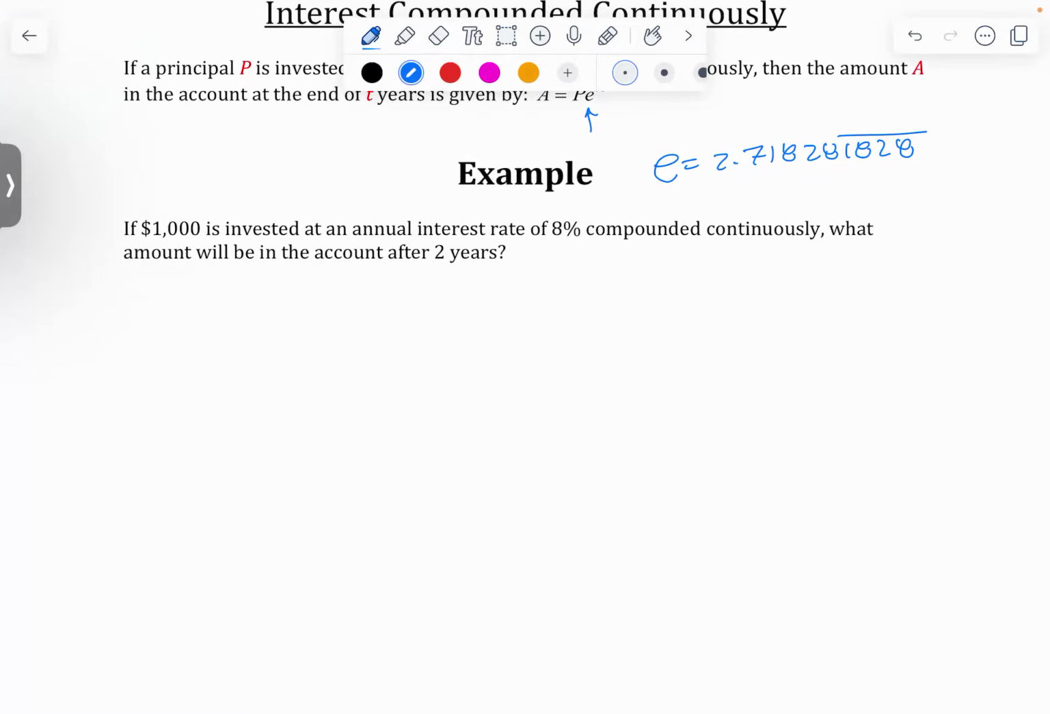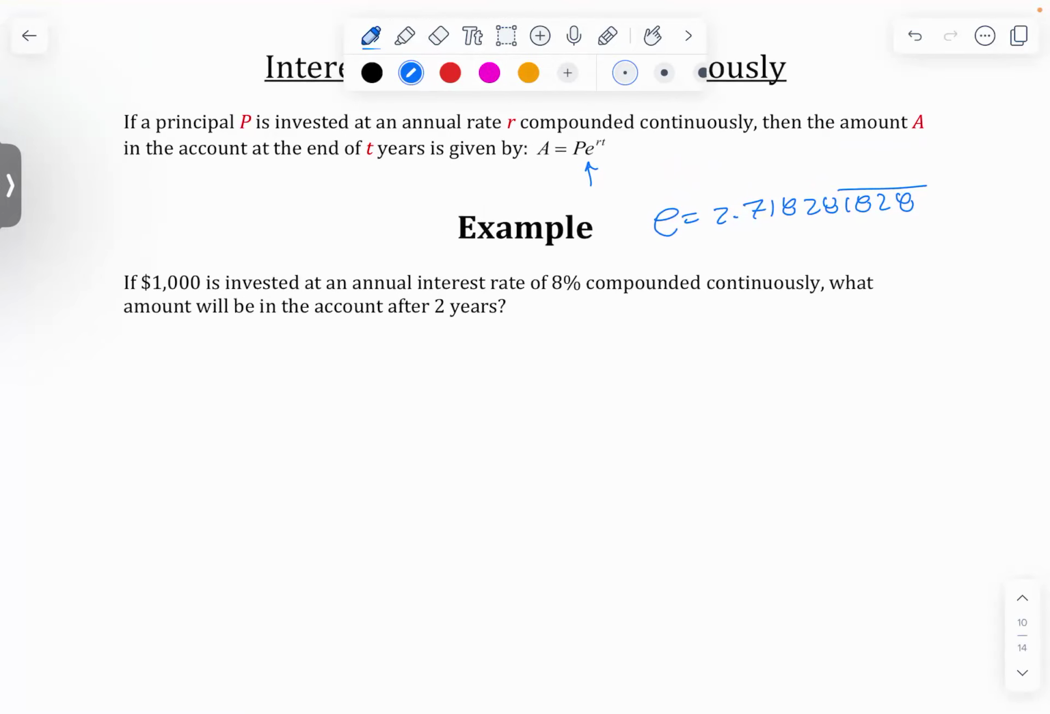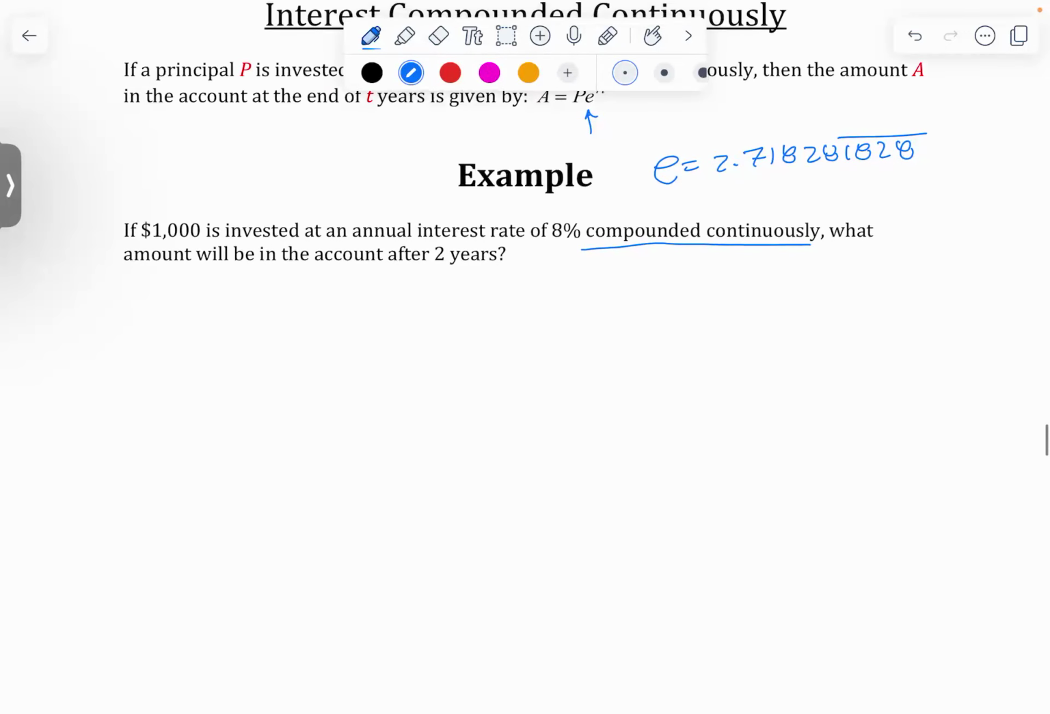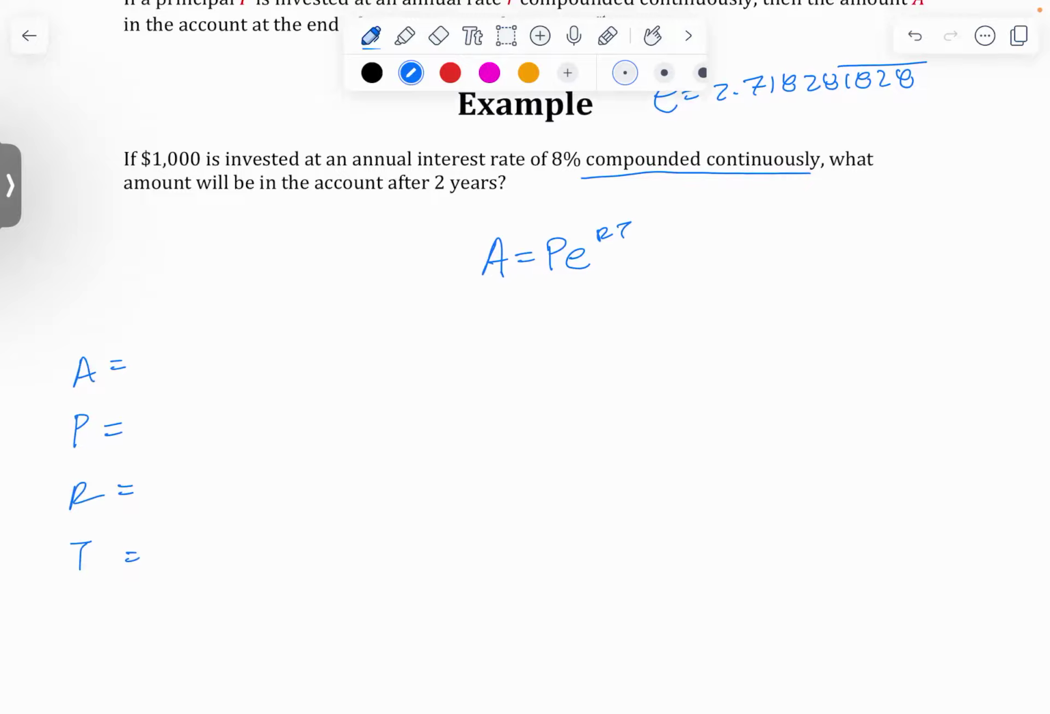All right. So if $1,000 is invested at an annual interest rate of 8% compounded continuously, so again, it straight out says compounded continuously, indicating this formula. What amount will be in the account after 2 years? All right, so again, looking for a future value. $1,000 invested, 8%, and T is 2 years. So when we plug it into our equation,